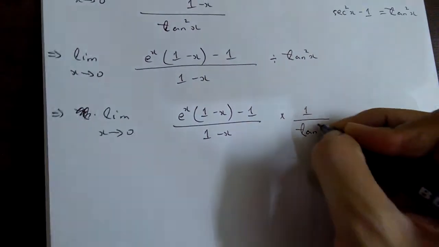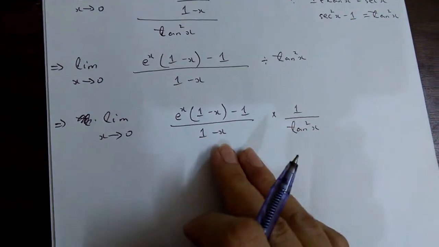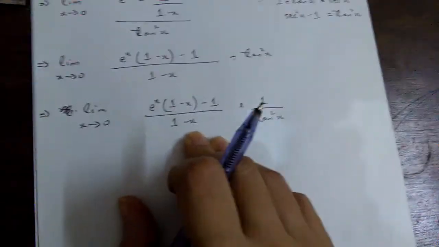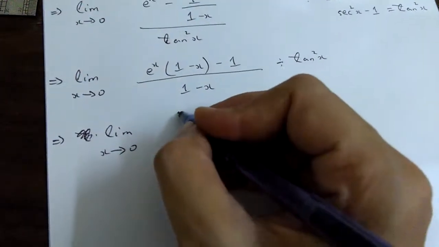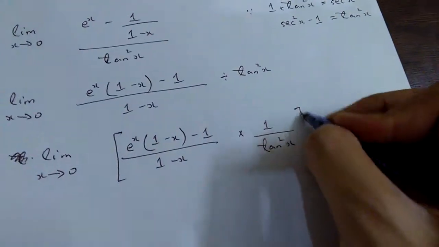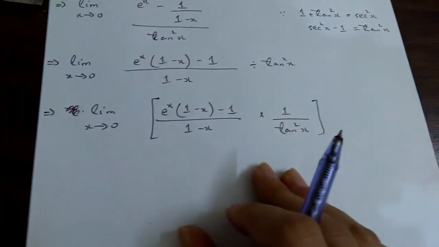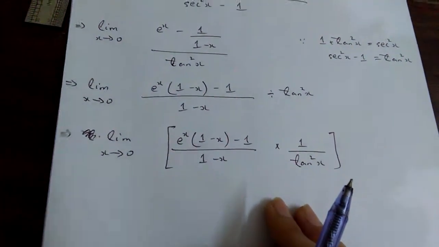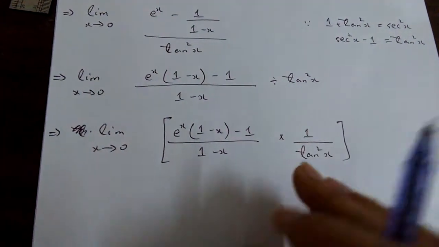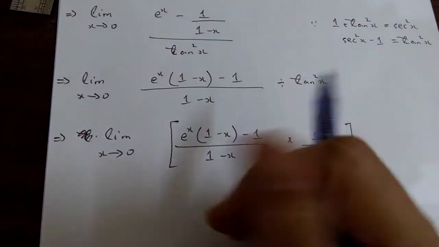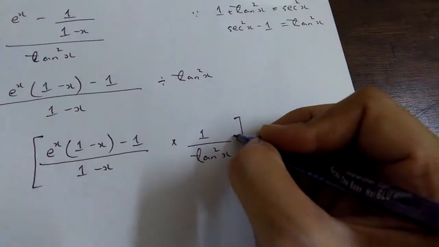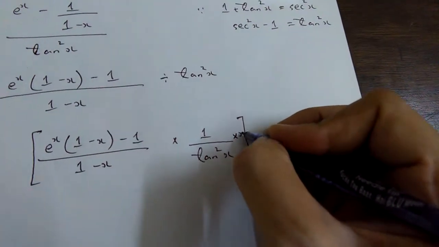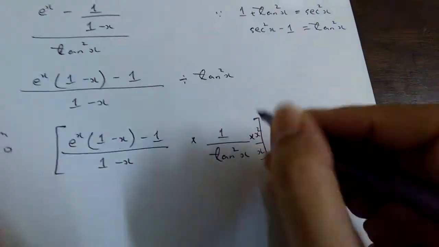Okay, I hope it's clear up till now. Now what to do? Don't apply the limit right now. Let us do some nice adjustment. One more little adjustment: if I divide and multiply by my x squared,